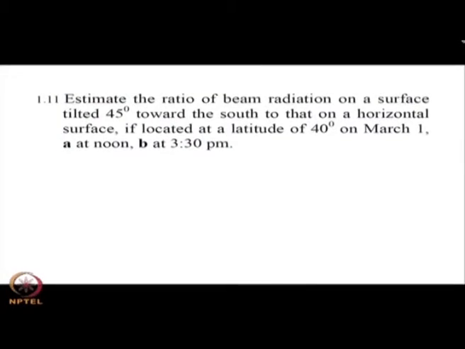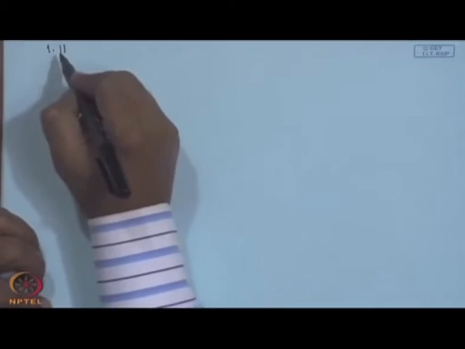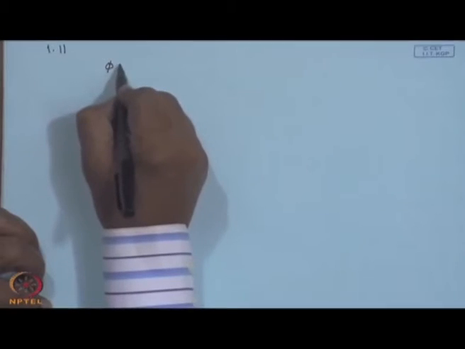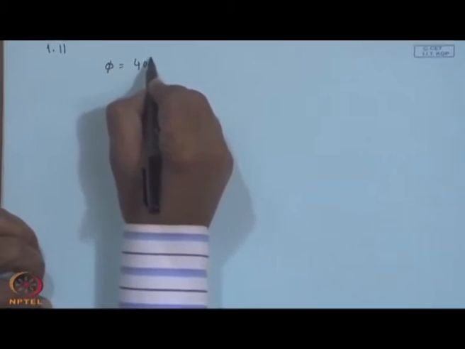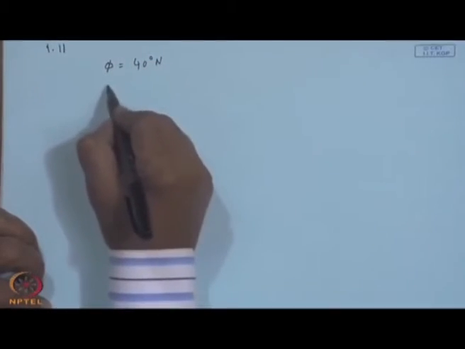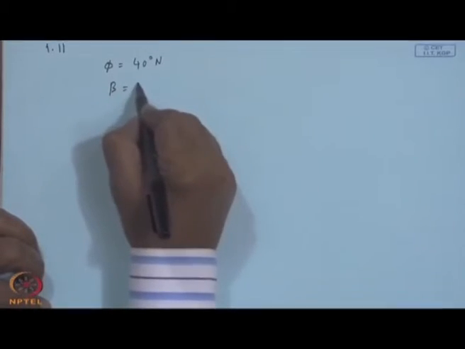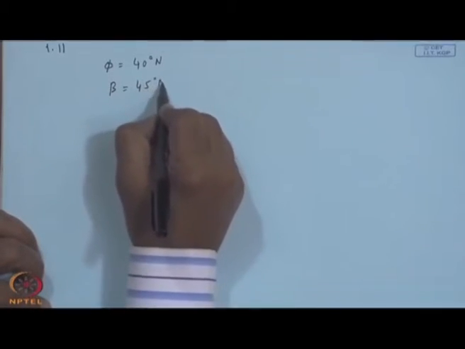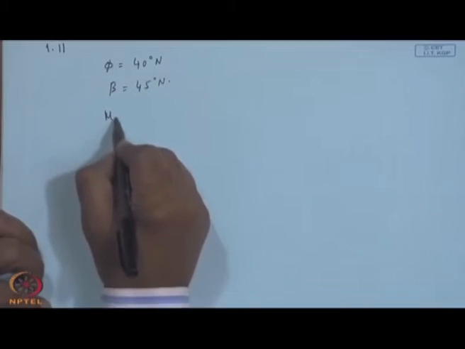So, it is a straightforward calculation of RB, right. So, this is going to tell us something. 1.11: latitude is 40 degrees N, slope beta is 45 degrees N, March 1,